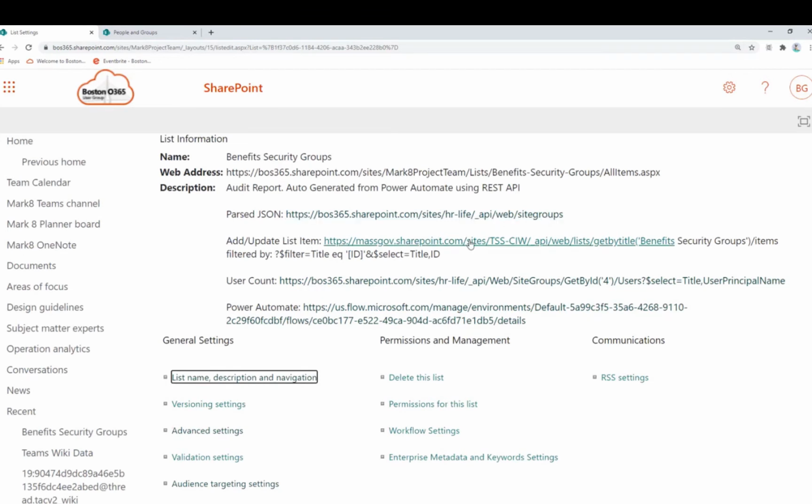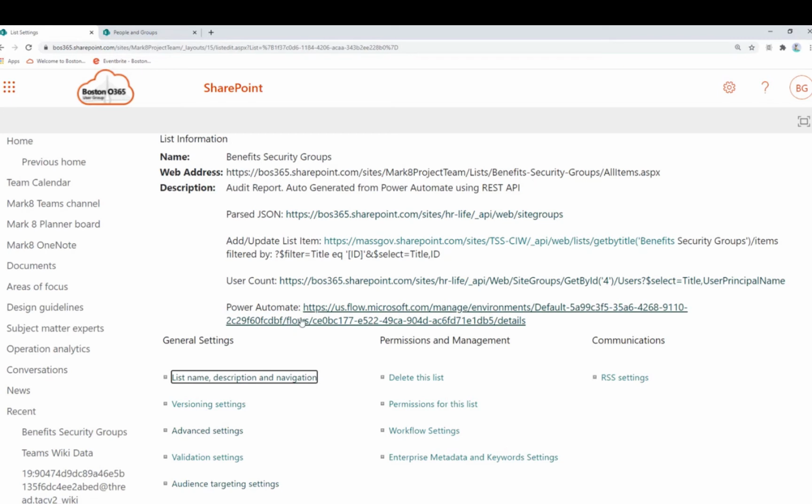And then what I need to do in order to update the list, I got to find out, is that person already on the list? Because I have to do an add or an update. So what I do is I query the custom list I just showed you to see if the user is already there. So I do a query on the list based on the ID, and if they're there or not, I make a decision. The user count, I'm going out and I'm doing this API to get the count of users. So I'm going into each group and I'm counting the users.